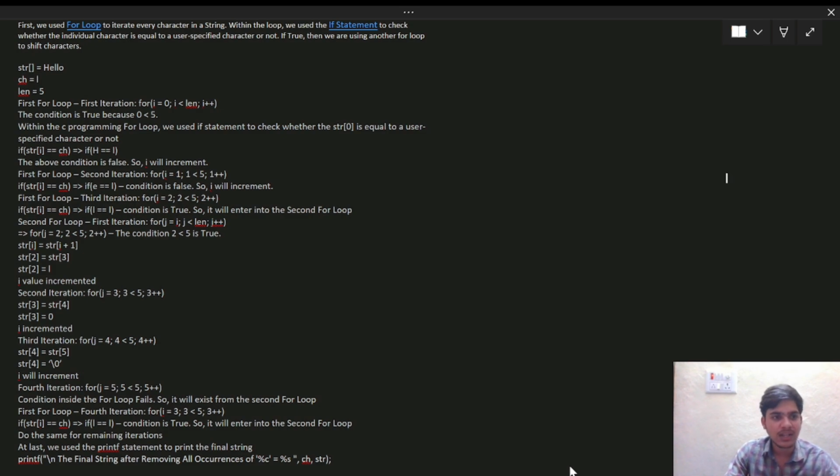We took the string as hello and the given character to remove is L, and the length of the given string is 5. First for loop, first iteration. We took i equals 0 initially, where 0 is less than 5 is true, and it goes